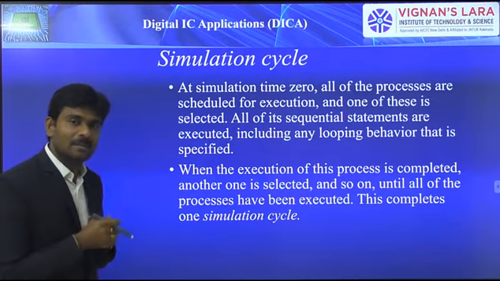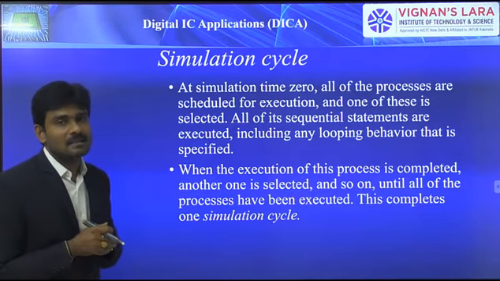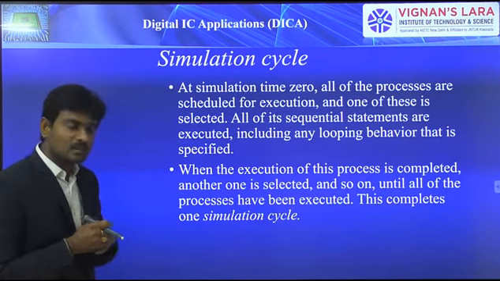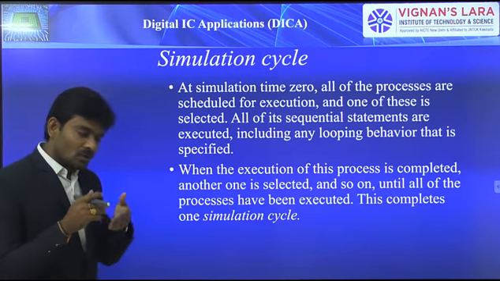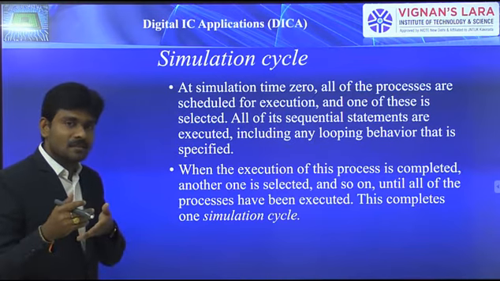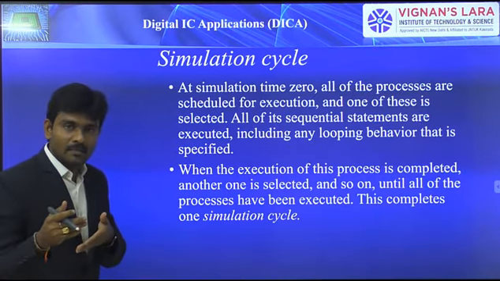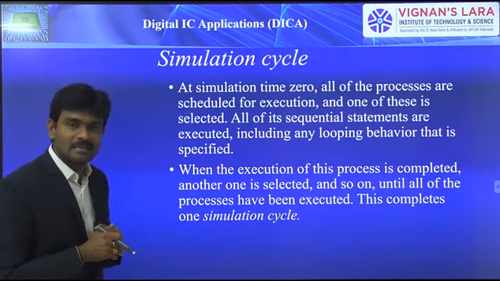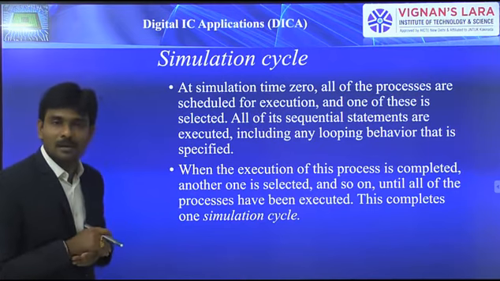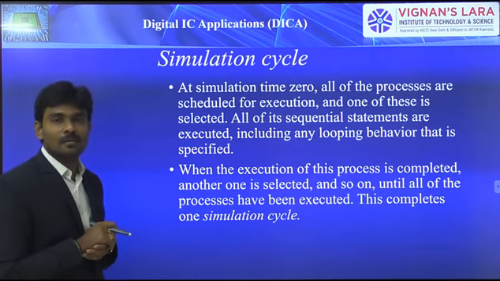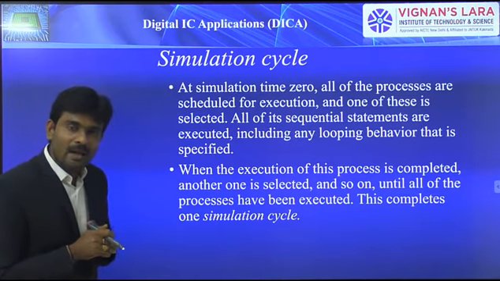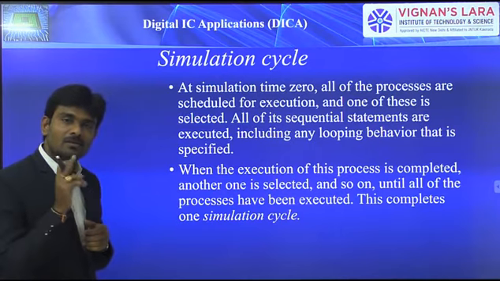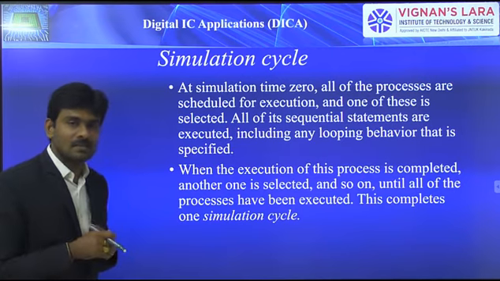As we described previously, a process consists of a sensitivity list. Without a sensitivity list also we can describe a process. So what is the difference between those two? A process having a sensitivity list is initially not going to run. If there is a change in the value of the sensitivity list signals, only at that time is that process going to execute. If the process doesn't have any sensitivity list, then at zero simulation time itself it is going to execute only once. That is the difference between those two.